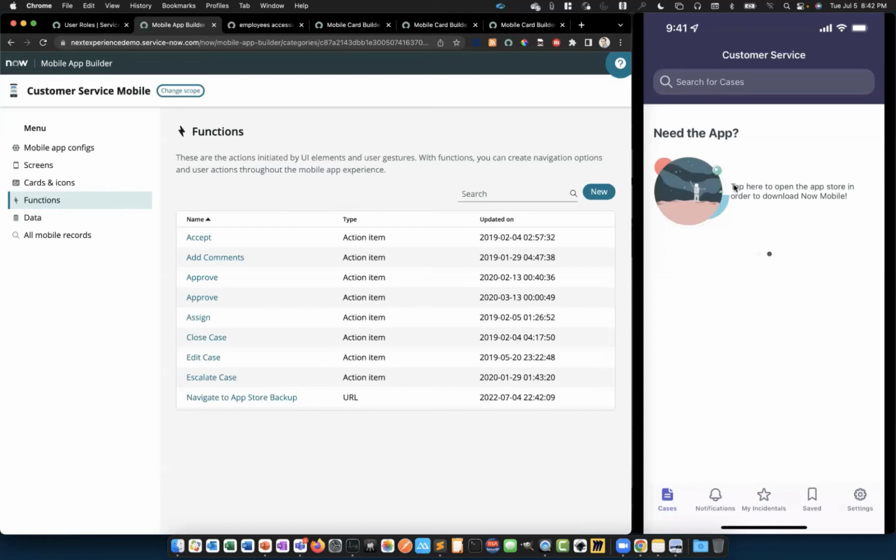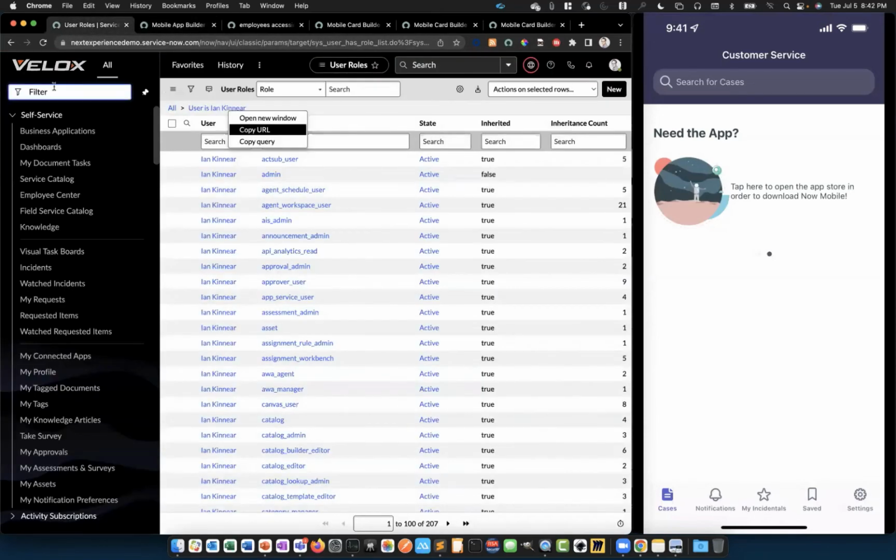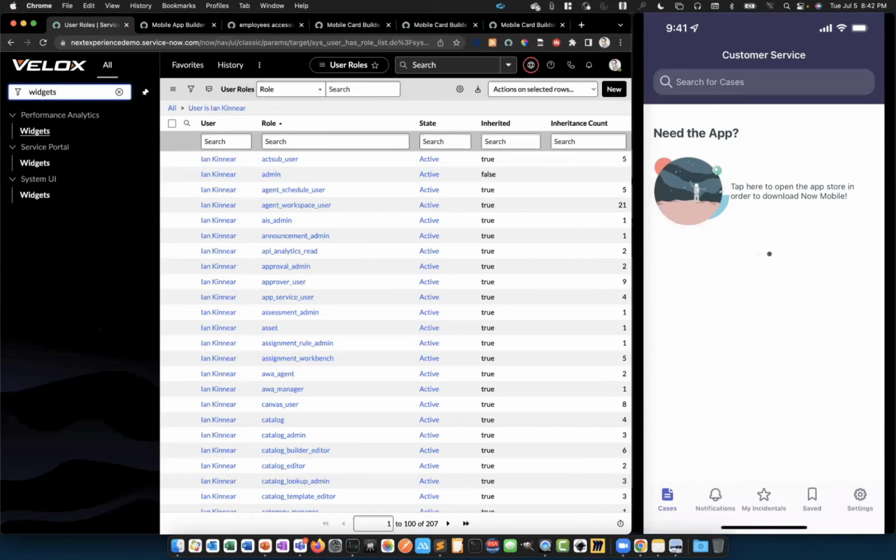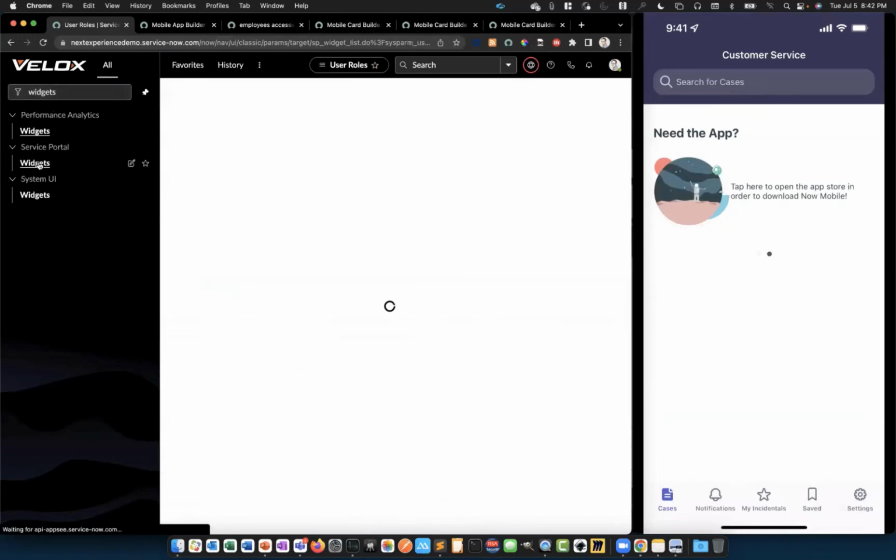An easy way to do that is to create a portal page with a widget on it and a little bit of client side scripting in order to send the user to the correct page. We won't build all of that from scratch, but I'll take a look at the widget together and see how it's built, and we can paste in the script that we built to do that. So if we took a look at Service Portal widgets,